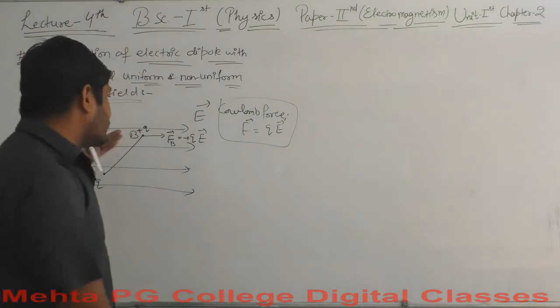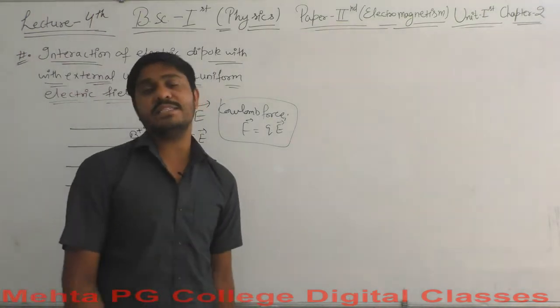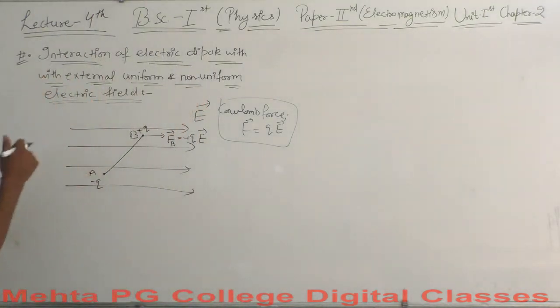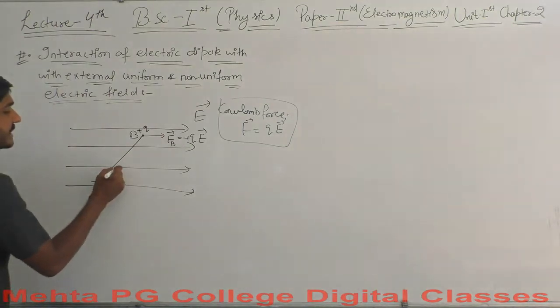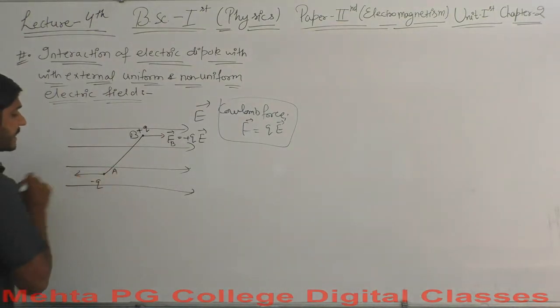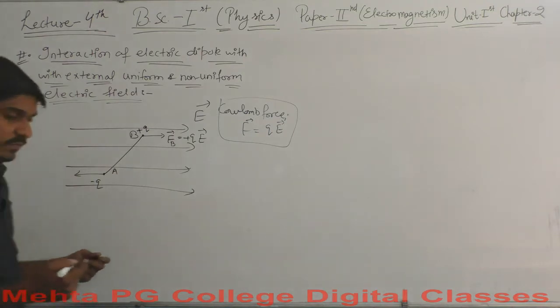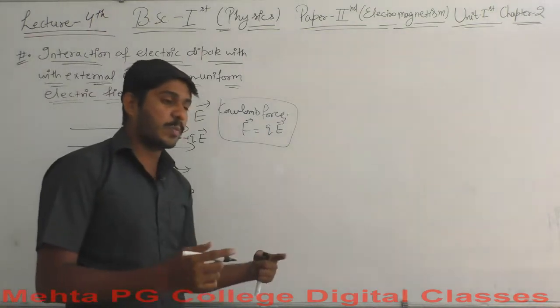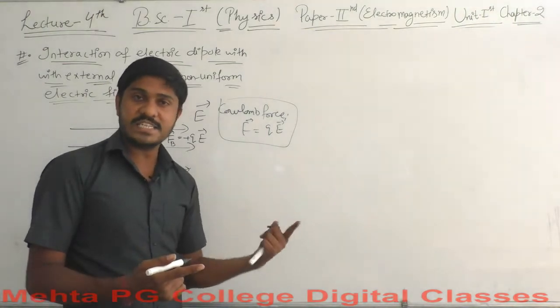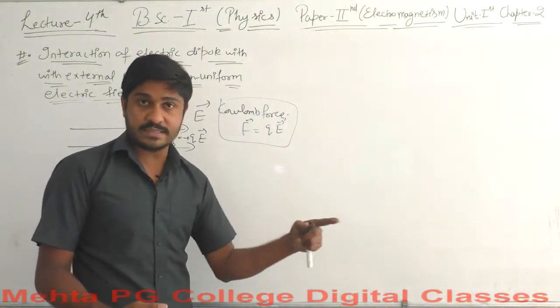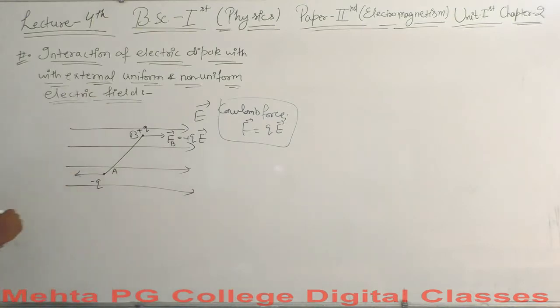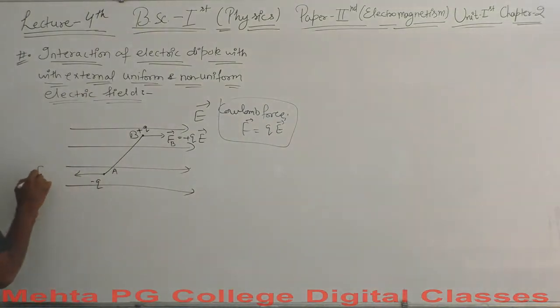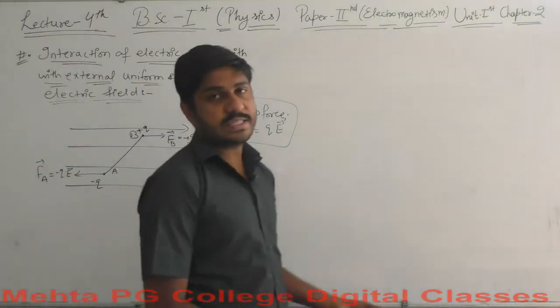Also, if this electric field is flowing in this direction, then there must exist some force on the minus Q charge also. So let's say at the minus Q charge, the force acts in this direction, because both the charges are equal in magnitude but opposite in nature, so the forces must have opposite directions. Let's say the force here is FA, and that must be represented as minus QE. That should be the value of force here.